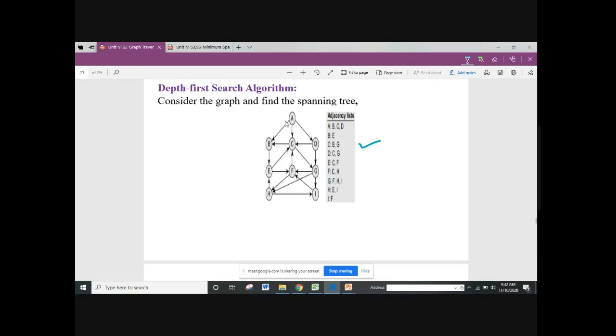So for the adjacency list I have written, for A, the outgoing vertices are B, C, D. Then for B, the outgoing is,